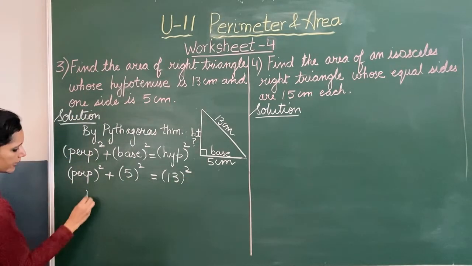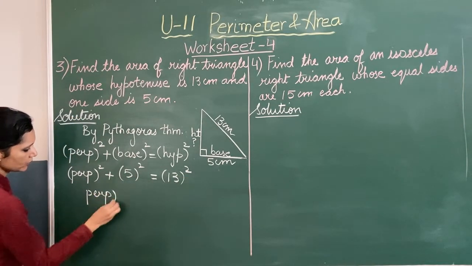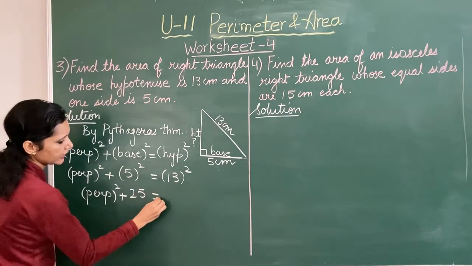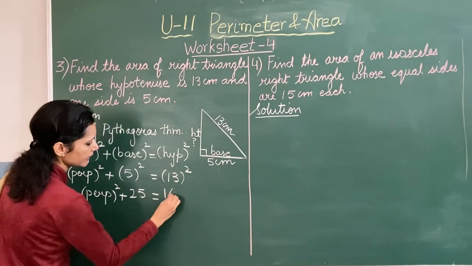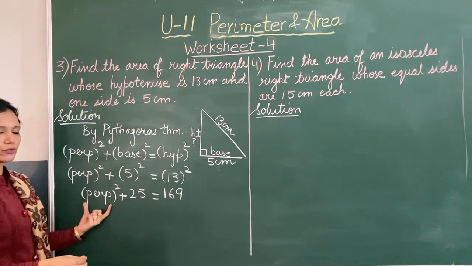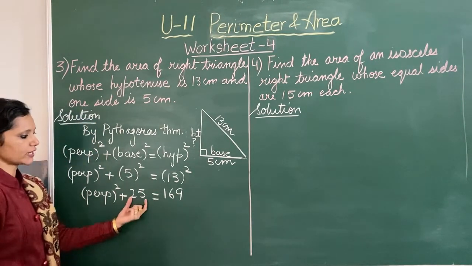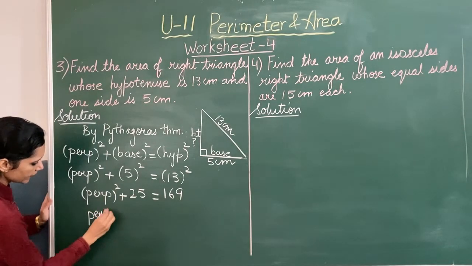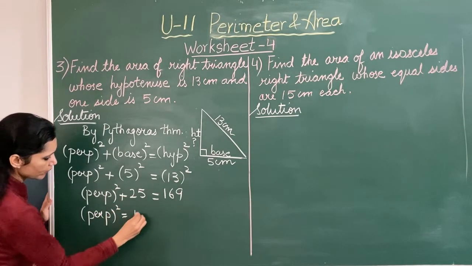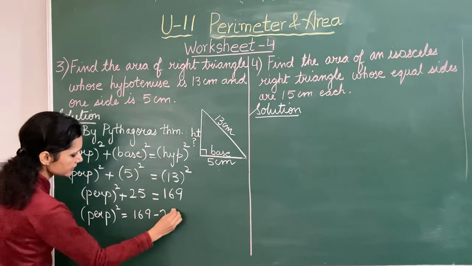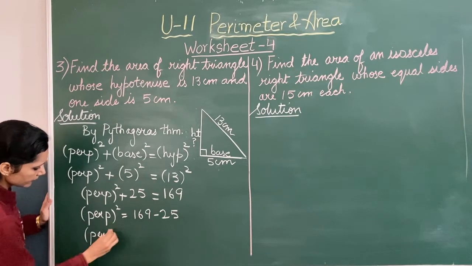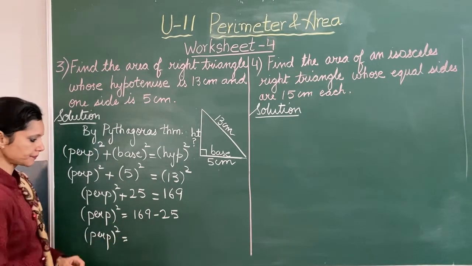Let's find out the squares. Perpendicular square plus 5 square is 25 and 13 square is 169. Now in order to find the value of perpendicular, let's transpose 25 to the other side. So perpendicular square is equal to 169 minus 25. So perpendicular square is equal to